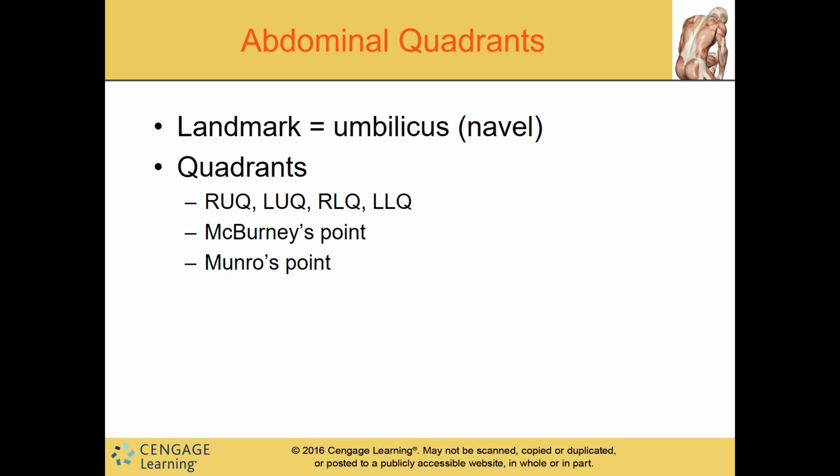Most of the time when you're talking about quadrants, you're going to be using the abbreviation rather than the full word. But RUQ would stand for right upper quadrant, LUQ left upper quadrant, RLQ for right lower quadrant, and LLQ for left lower quadrant. These are also going to be used to determine where our McBurney's point is and our Monroe's